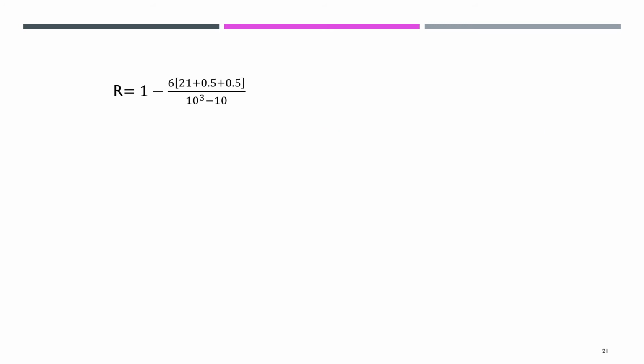Simplifying that, we will get the answer as 0.8667. Summation d square is 21, n is equal to 10, and then this is 1 by 12 (m1 cube minus m1). This is also 1 by 12 (m2 cube minus m2). Since m1 and m2 are both equal to 2, we get the answer as 0.5 and 0.5. Simplifying and calculating the value of the Spearman's rank correlation. Always, Spearman's rank correlation is denoted by capital R, and Karl Pearson's coefficient of correlation is always denoted by small r. Again, we have positive correlation, and the value of R lies between -1 and +1.